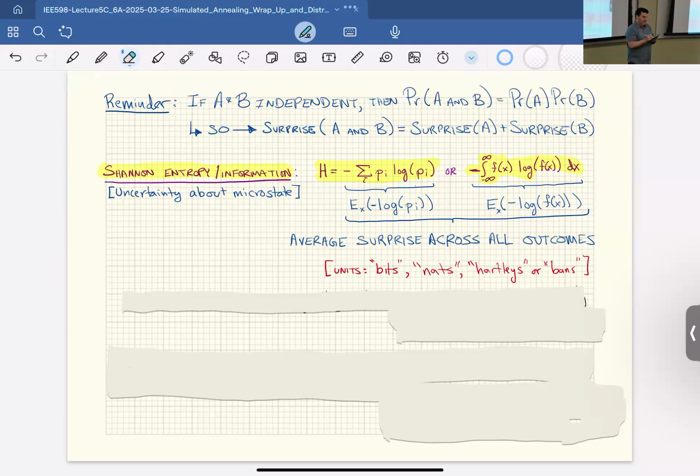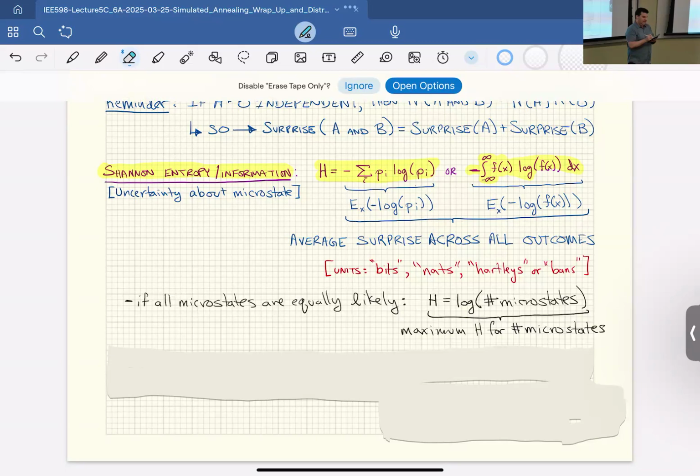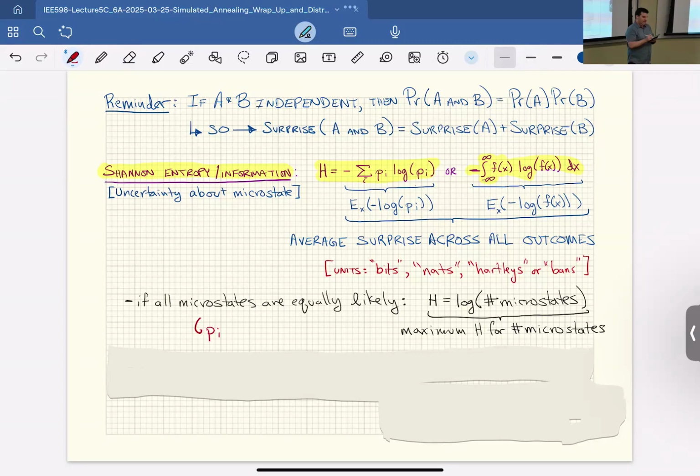In the physics community, you might hear nats, but it's just a scalar. It's all the same. So bits is kind of the easiest to interpret. But then when you do get into the physics, leading up to getting back to our number of microstates count thing, if you set all of the probabilities equal to the same, for example, if I set p_i equal to 1 over n, where you have n microstates,